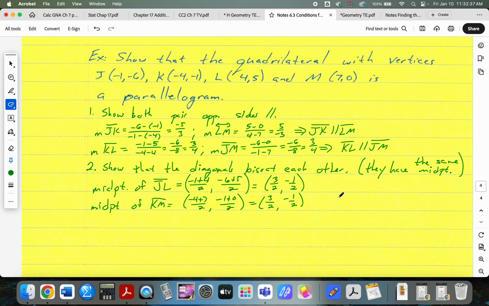The third option is going to be everybody's least favorite. I can already tell you. In fact, I can almost guarantee a groan from somebody. Show that both pairs of opposite sides are congruent. How do we do that? We use the distance formula. Wasn't quite a groan, but